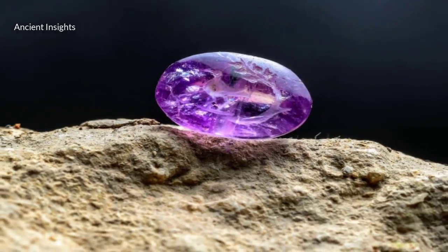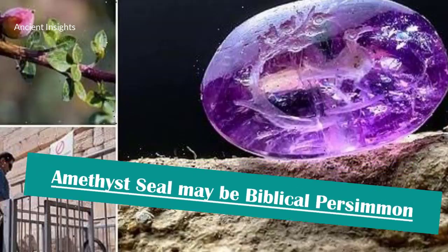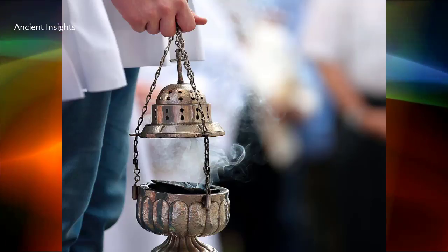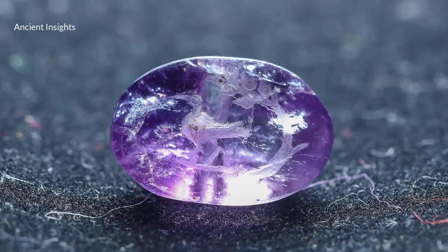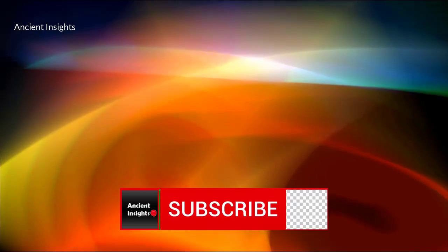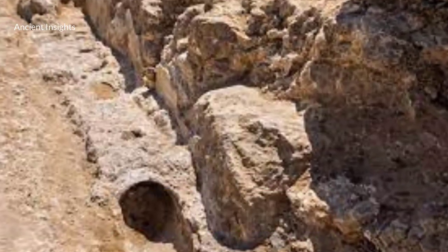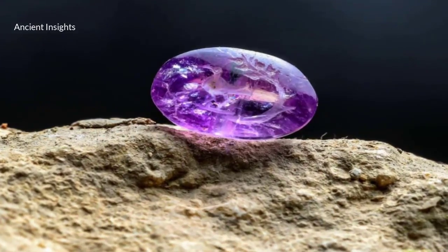Archaeologists believe an amethyst seal, found in ancient Jerusalem, may be the first depiction of the precious persimmon used in Second Temple incense. But why is this discovery important? My name is Gabe, and in this video, I will look at this latest archaeological discovery and why it is important. Please stay tuned. In ancient Jerusalem's sewer system, an amethyst seal has been discovered, bearing what is claimed to